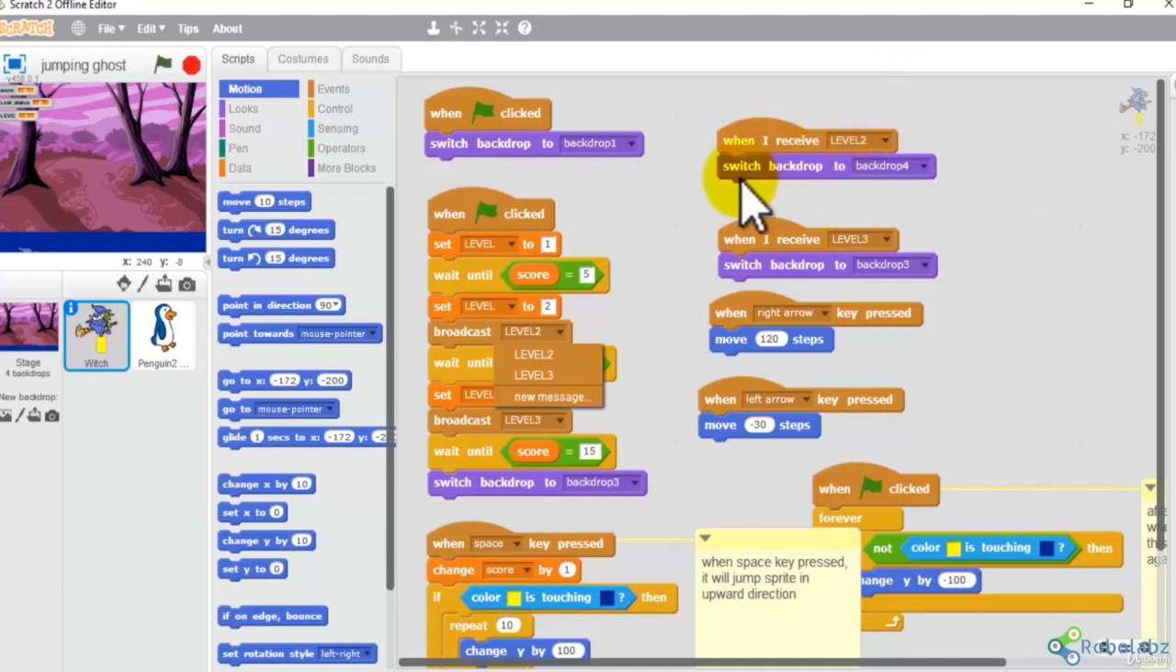Okay, so this we have seen in a conversation video, so you know this block functioning. When I receive level 2, you have to switch backdrop to backdrop 4, which is for the level 2 background, right? Next you have to just wait until your score equals 10, then again you have to set level